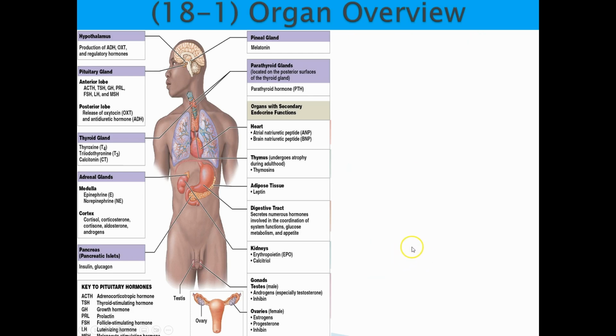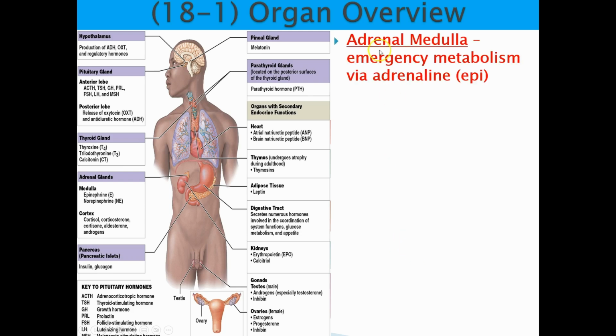And if you're thinking about those concepts and like, yeah, I remember those, again, you're doing really well. The adrenal medulla, we said emergency metabolism, metabolic activity. That's going to be via adrenaline. So epinephrine, norepinephrine are released here, and that's during sympathetic stimulation to really give us that boost in our heart